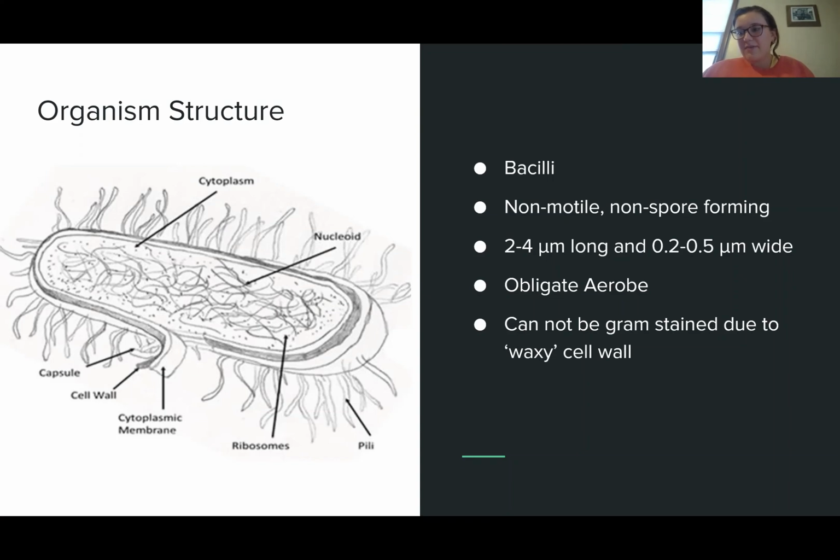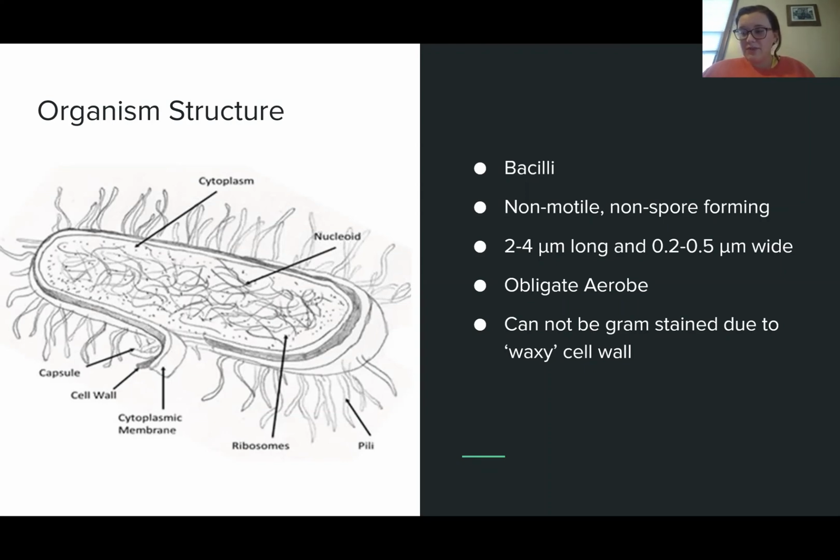The inside of Mycobacterium tuberculosis consists of the nucleoid, ribosomes, and cytoplasm, while the outer structures include the cytoplasmic membrane, cell wall, a capsule, and 2 different types of pili. The most important type of pili that you should know about are the coiled pili, as they are thought to contribute to the biofilm formation of this organism, as well as its adherence to the host cell and its ability